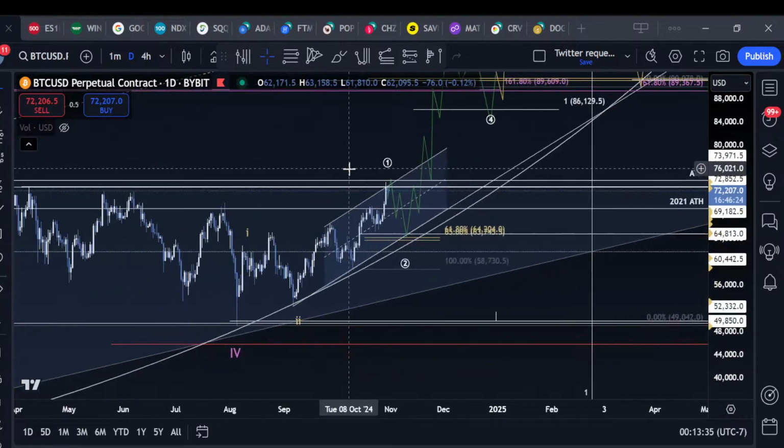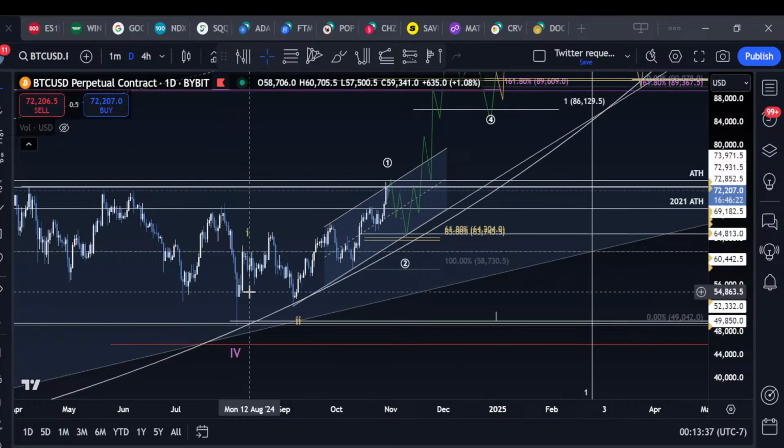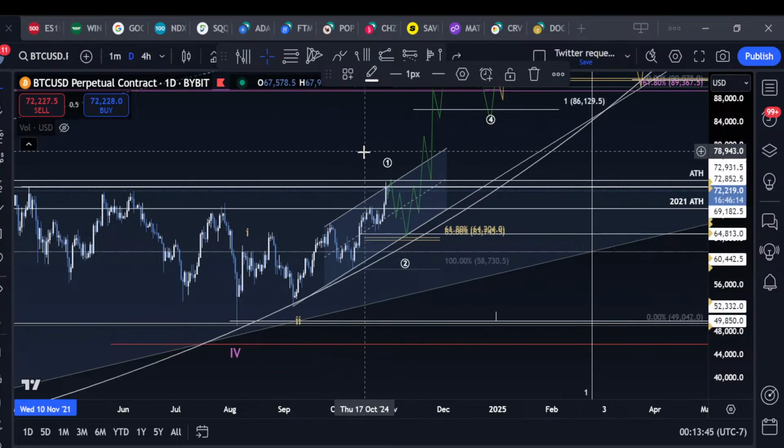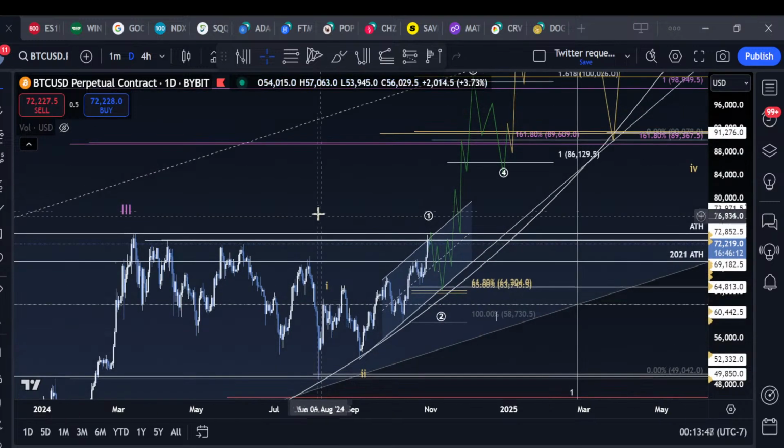And if so, then maybe this is a 1, A, B, C, 2. And maybe there's some ideas of forming a 1, 2 subwave. Well, then instead of me just saying arbitrarily, where do I think price could go? Where do I think it will go? Like people will say I think we're going to 90K. I think we're going to 100K. I think we're going to 85K.